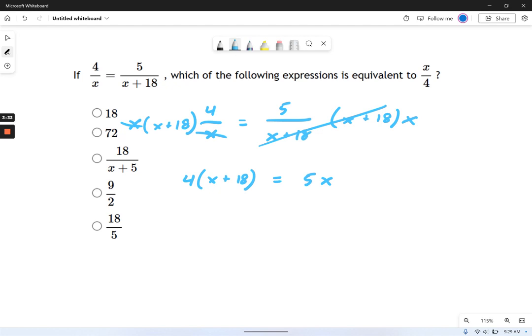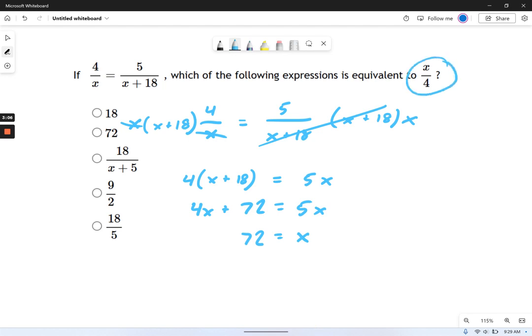Now that's a much nicer equation because there's no more rationals involved, and we can solve this in a pretty straightforward way. Let's try 4x, and we distribute the 4. Right? 4 times 18 is something. 72. 72, there we go. Equals 5x. And that means if we subtract 4x from each side, we find that x equals 72. And look, that's one of our answers, but hold on.